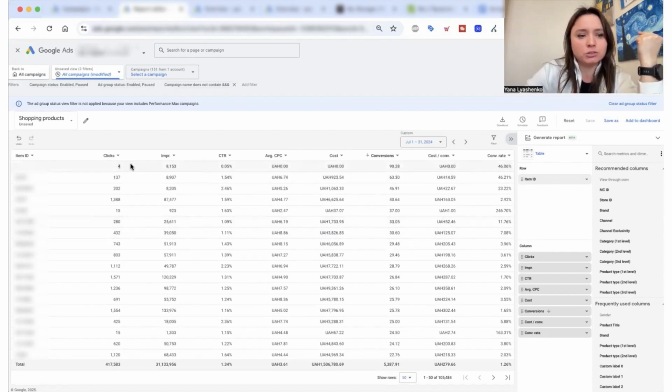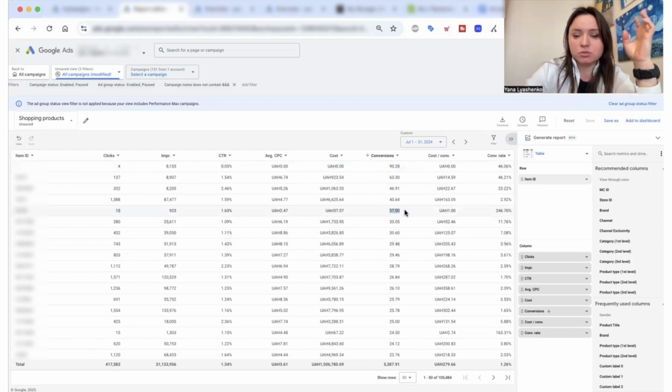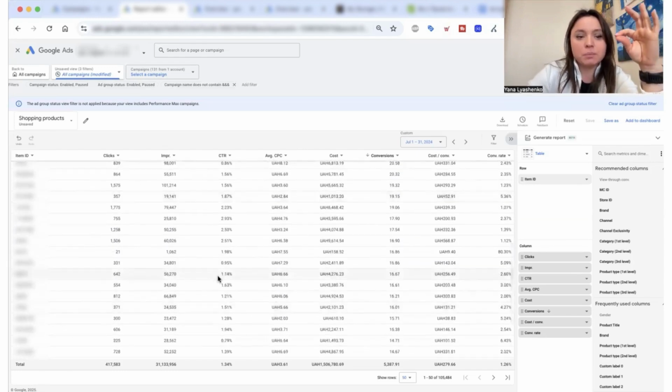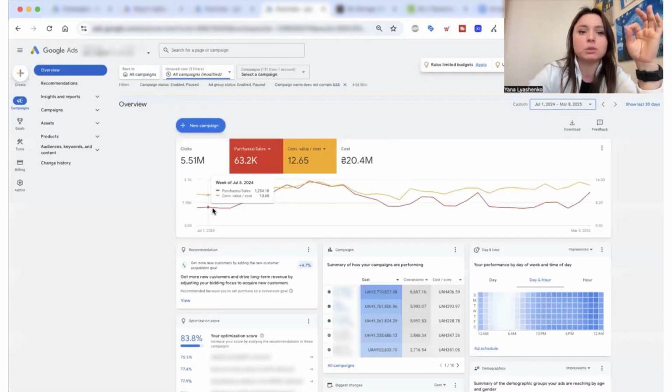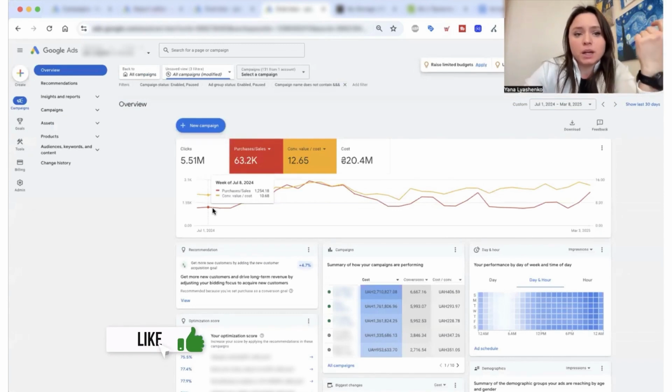We have 4 clicks on an unknown item ID with 0 spend and 100 conversions in a month. We have, for example, 15 clicks, but 37 conversions. And this is something that's really obvious, right? Because the number of clicks is much lower than the number of conversions. But imagine that all these conversions are actually scattered all over the place here. That's why I said that the real number of conversions is actually much lower. How much lower? Well, God only knows.